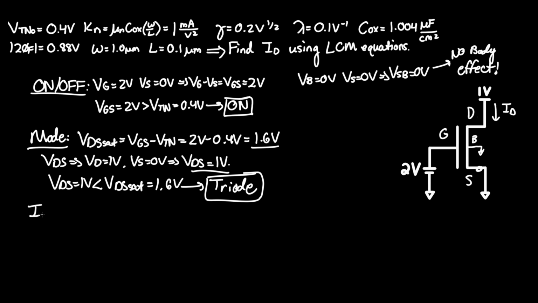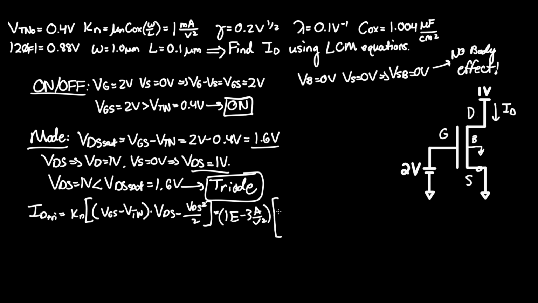Knowing that it is in triode mode, I'll call it tri here, it is equal to the following. Kn times VGS minus VTN times VDS minus VDS squared over 2. And that's all we need. Kn, as given from the top parameter, is 1 milliamp per volt squared. However, we need to standardize that to amp per volt squared. So we can call that 1 times 10 to the negative 3 amps per volt squared